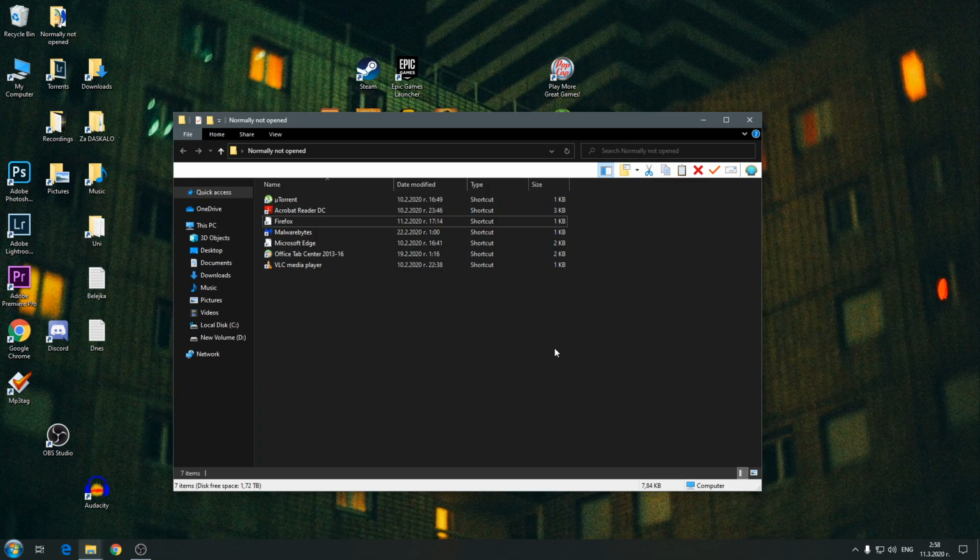So that was one of the problems I encountered with Windows, and also I'll link in the description why my Windows 10 looks like this. The start menu